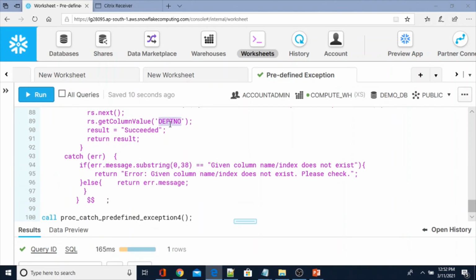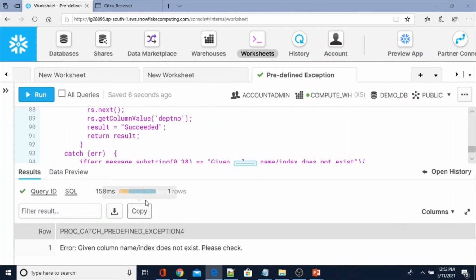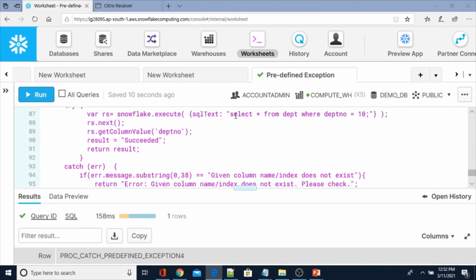Now let me use the lowercase DEPT number. So error, because when you execute any query, all column names in the result set will be in uppercase. So you have to use the uppercase only.